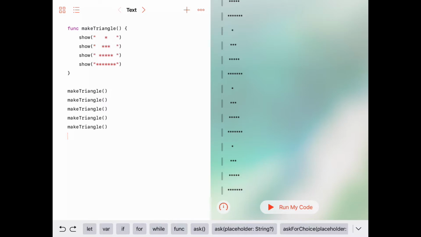Okay, looking good so far. We can make triangles whenever we want. And just as an aside, what we're doing here is calling a function, and this looks very familiar to other things you've done, like move forward or turn left, right? And what those are doing is just calling functions